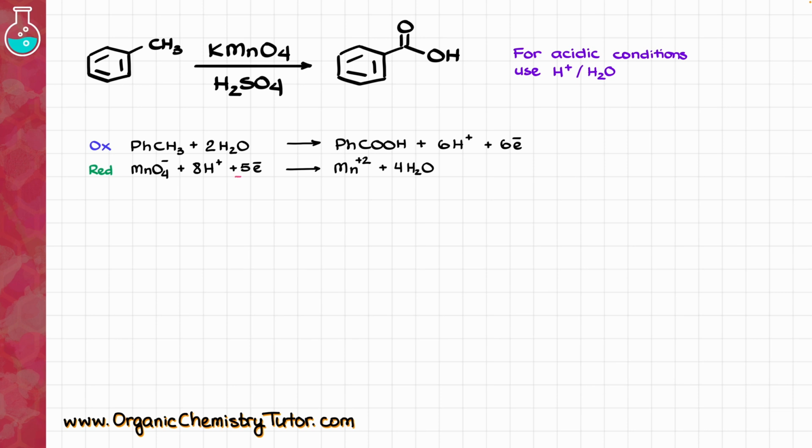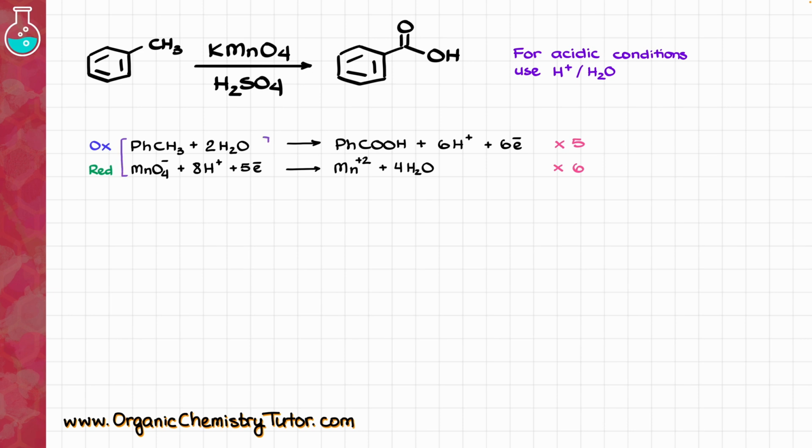I have 5 electrons in my reduction reaction, and I have 6 electrons in my oxidation reaction. Those need to cancel out when I combine my equations, which means that I would have to multiply the top by 5, and I would have to multiply the bottom line by 6. So, combining it all together, I will start